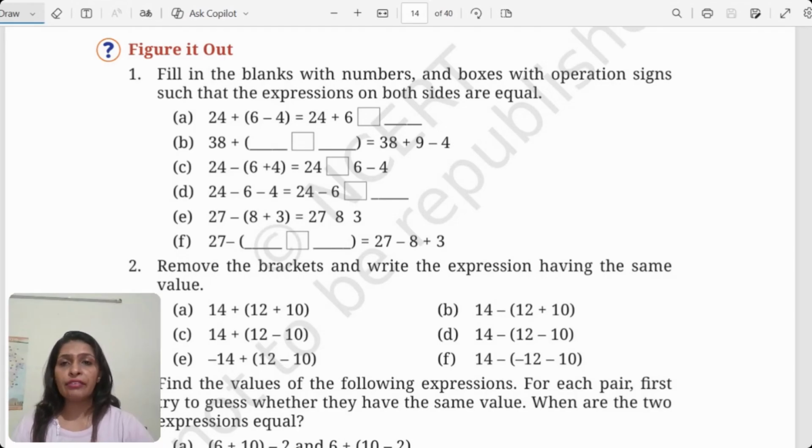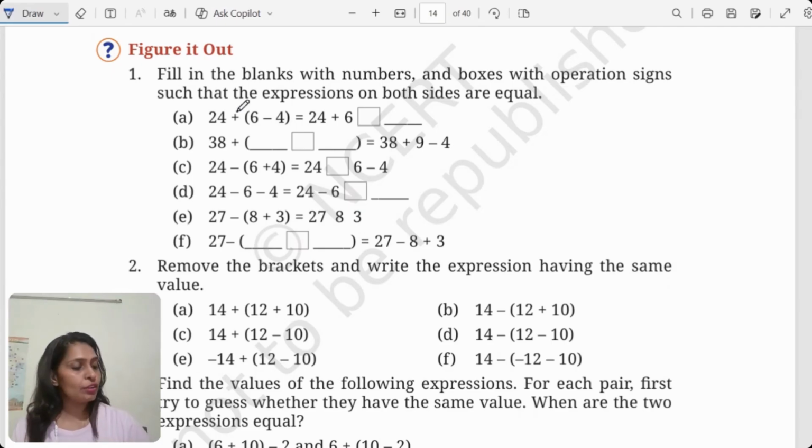Here the first question goes like this. So 24 plus 6 minus 4 equals. See here, I would like to bring your attention. Since outside the bracket we have a positive sign, whenever we have a positive sign out of the bracket, it is not affecting the signs of the inside numbers. It means the signs will remain same. So it is plus. When I'm opening this, it is going to be plus 6 only, and the sign plus minus, here we will get minus. And since I said it is not going to change any sign, it is just going to be 4.